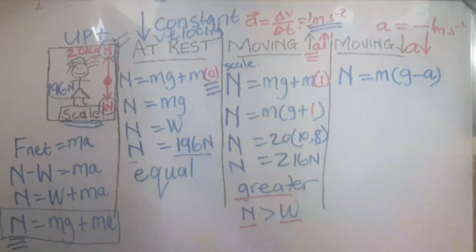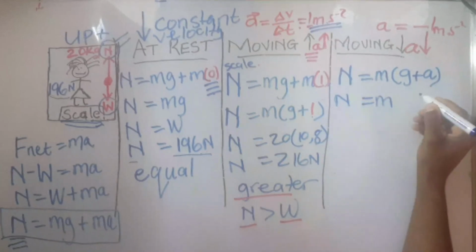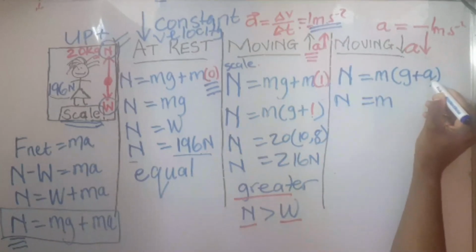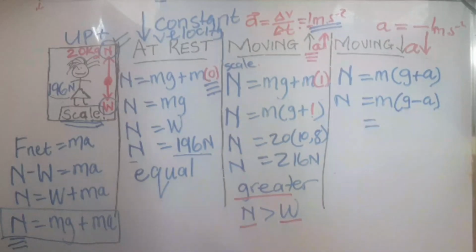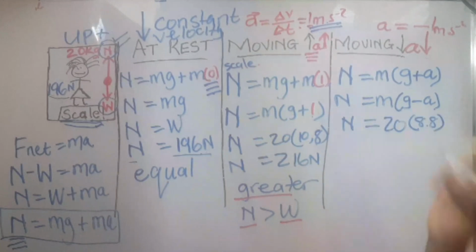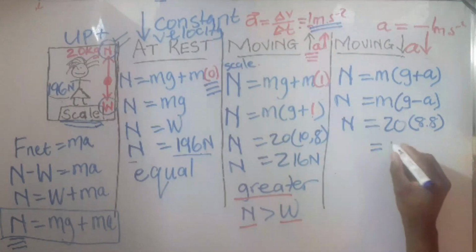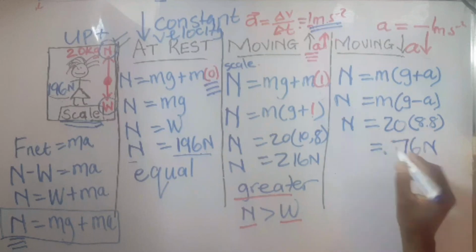At the value of the normal force, let's say plus a. Now, because it is losing speed, you're going to have a situation where a is negative. Then the normal force will be 9.8 minus 1, like you have 8.8. And when you punch that on the calculator, you're going to have something like 176 newtons.